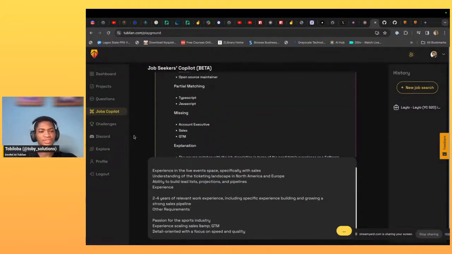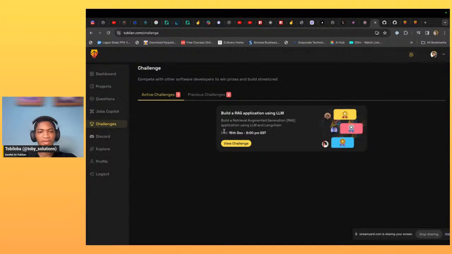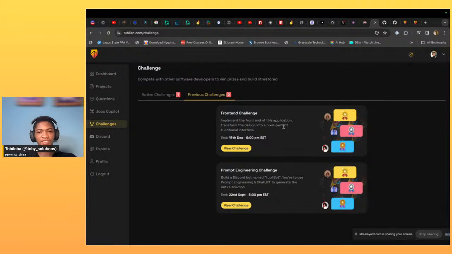So yeah, this was the playground, and the jobs copilot. So I get to see challenges as well. We're building a RAG application, a retrieval augmented generation application using LLM and LangChain. So this is a challenge. Oh, 6 p.m. EST. So this is an ongoing challenge. These are previous challenges that have happened. There was a front end challenge that happened a while ago. You're supposed to implement